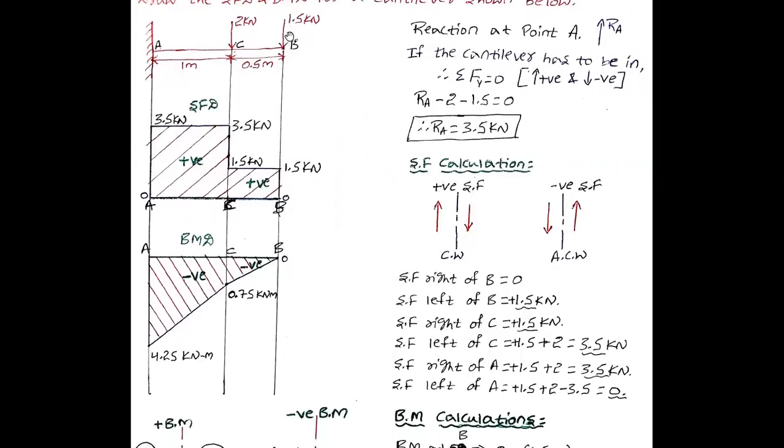To calculate the shear force, first you need to understand the sign conventions. To take positive shear force, the force should be in clockwise direction, whatever the vertical force is there. Two methods are there. Either you can use right section method or left section method. In both cases, right or left section, both will be in clockwise direction. You can see that right section it is clockwise, in the left section it is clockwise.